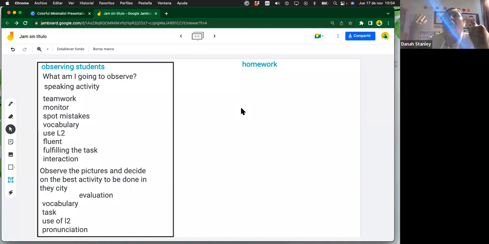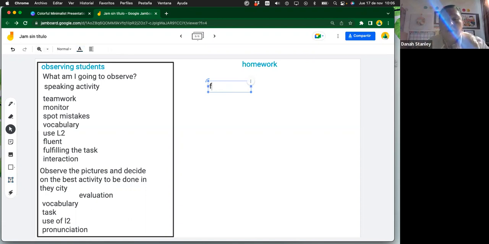Normally, you leave extra exercises for homework, no? The workbook or something like that. Because normally we don't have enough time for that extra practice. In this case, we can use this homework as